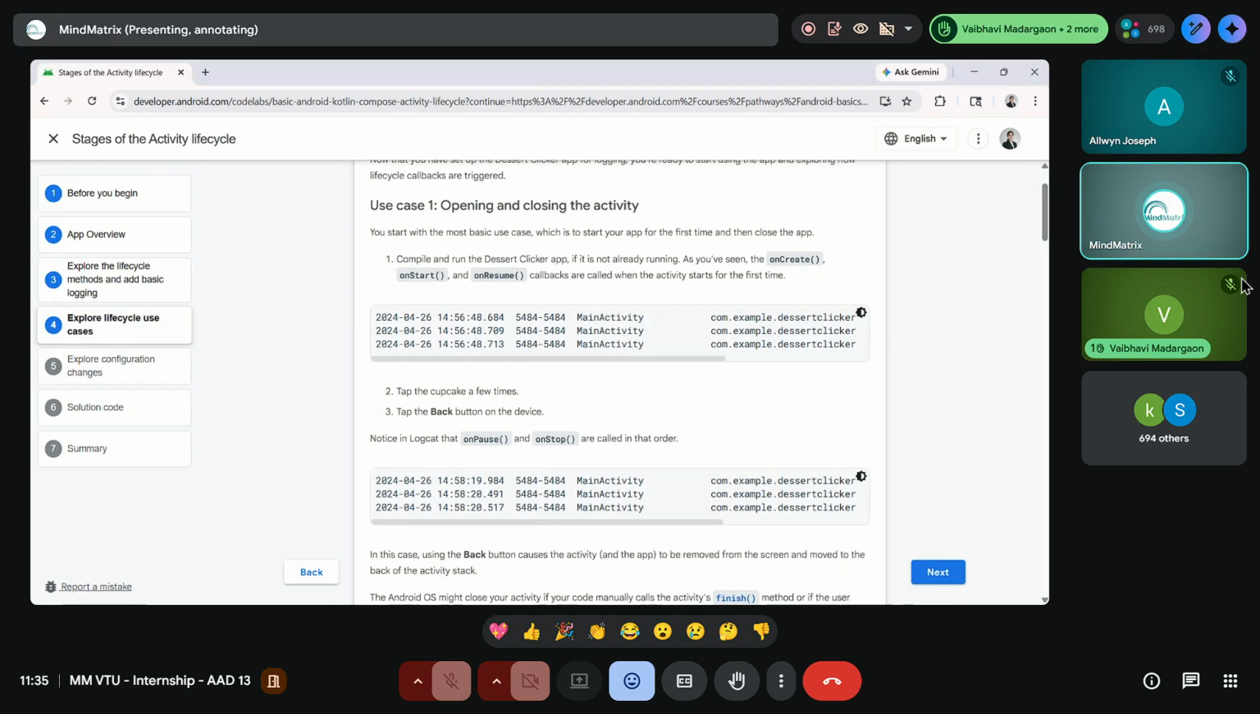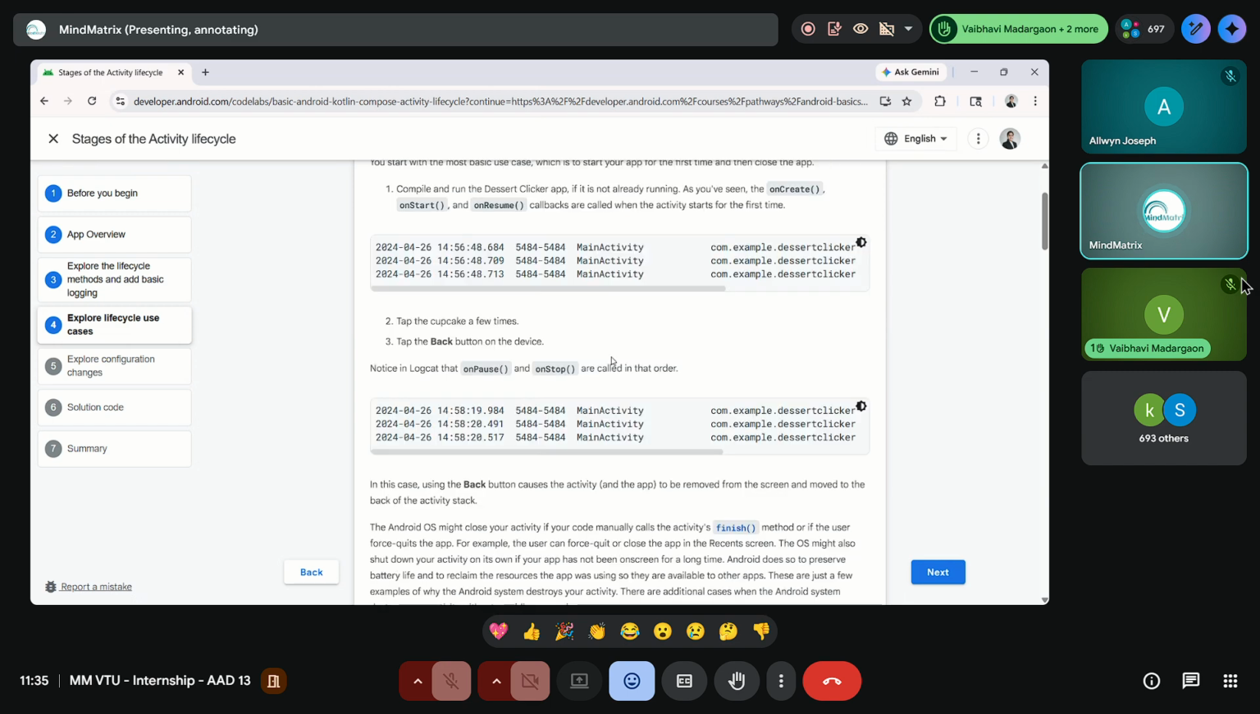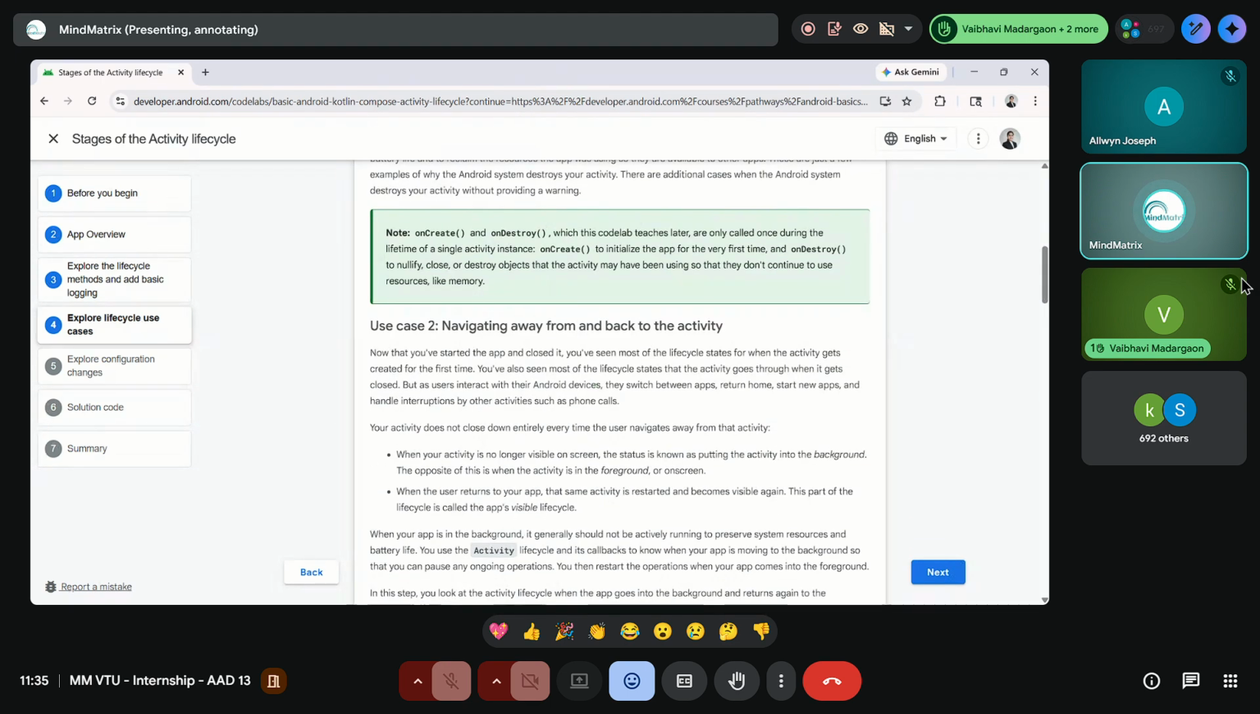When you are leaving the app, when all your work is completed, that is onPause. We pause that interaction, and we will stop the app. So this is the use case of the first thing, opening and closing the activity. The next one is navigation